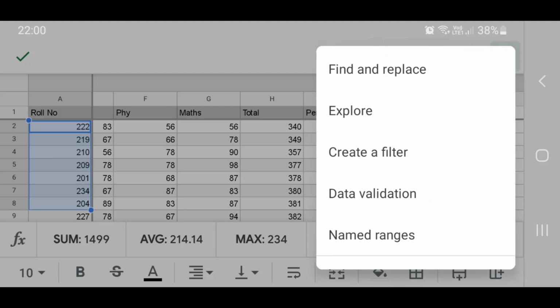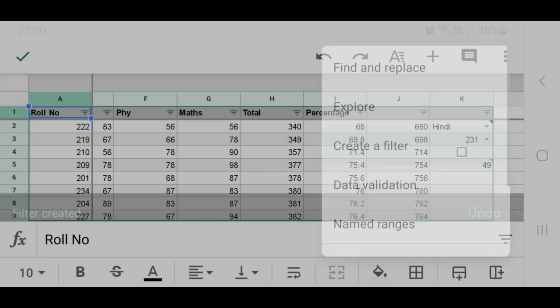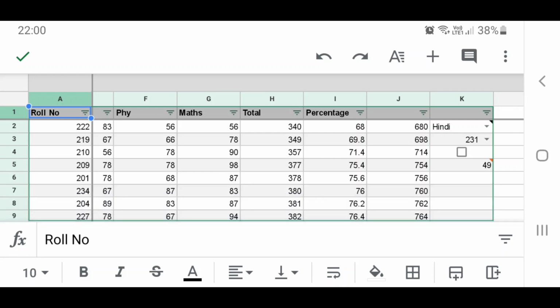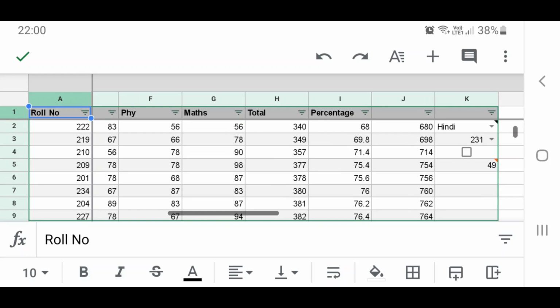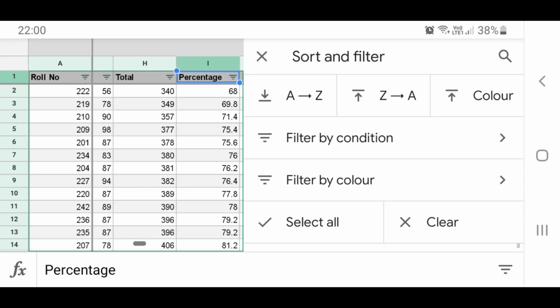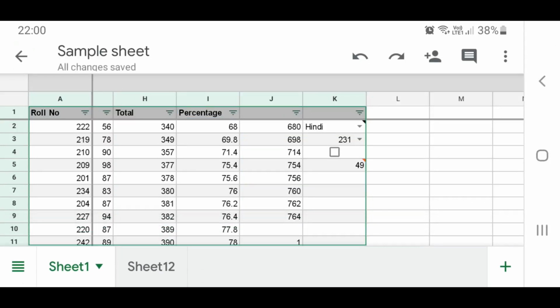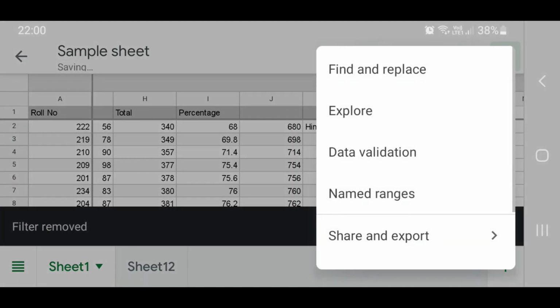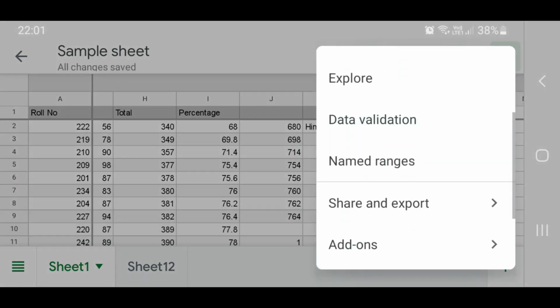The next thing that I'll be showing is how to create a filter. Filter means, if I have a set of values here, and I have percentage values, I have computed the total and shown the percentage. If I say that I want only the percentages which are greater than 75, or I want the values between a particular range, I can use filters. So to create a filter, I have to click on the three buttons there. There I can see